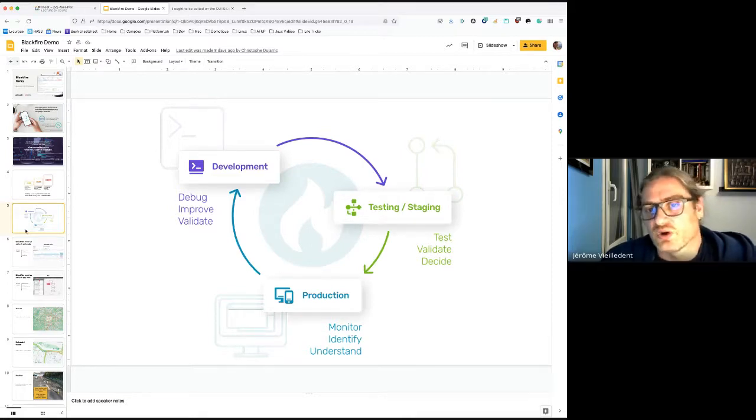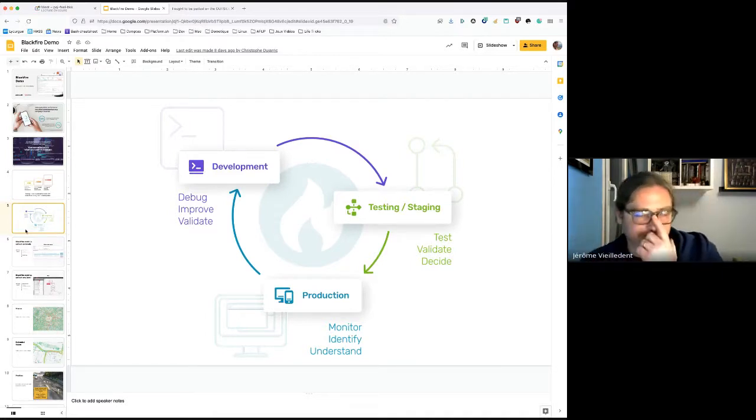Because this is one of the key advantages of Blackfire, it has an on-demand model, meaning that when you set up Blackfire, as you set up the probe, so the PHP extension that gathers all the data on your PHP FPM, by default it does nothing.